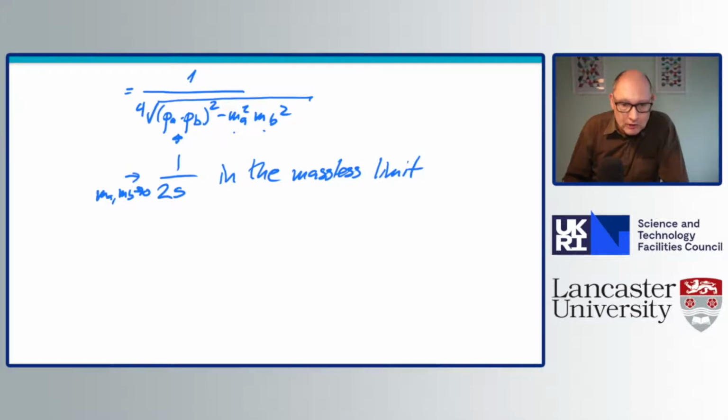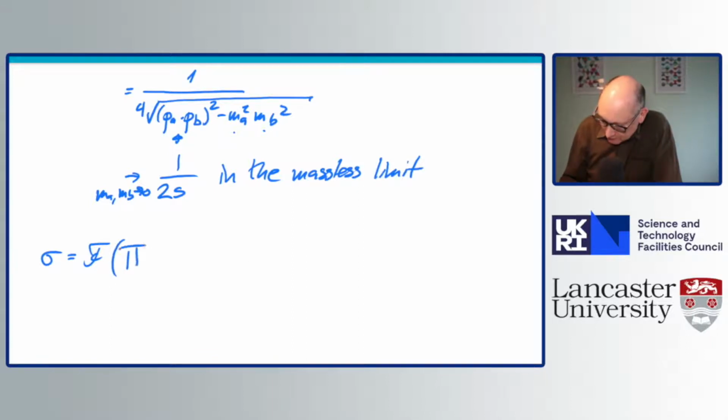Now, that means, of course, that PA and PB are determined from the final state particles. For a given set of final state particles, there's one unique PA and PB. So that means that our sigma, our cross-section, how often do we find a given particle scattering event, will be our flux factor, how many incoming particles do we have, times our phase-space integral